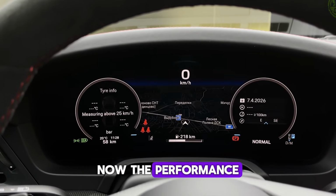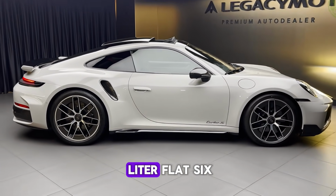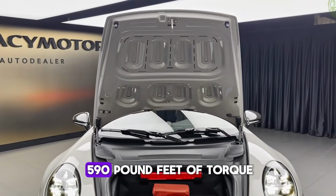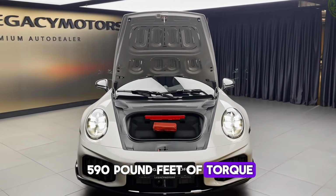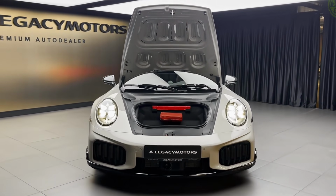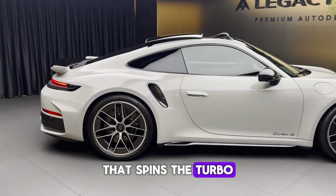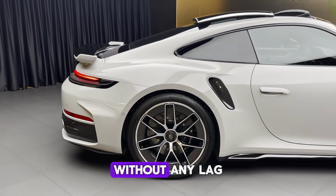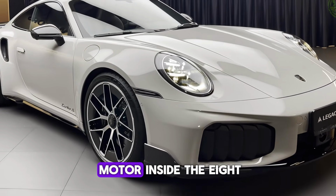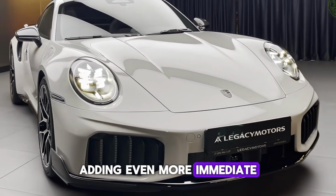Now, the performance. Under the rear engine lid sits a 3.6-liter flat 6 producing 701 horsepower and 590 pound-feet of torque. This engine uses 2 electric turbochargers. Each one has an electric motor built directly into it that spins the turbo to full boost instantly without any lag. On top of that, there is an electric motor inside the 8-speed PDK gearbox, adding even more immediate power